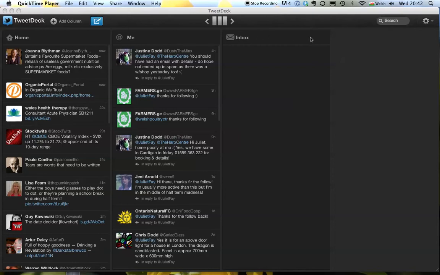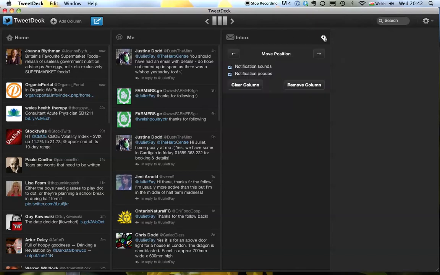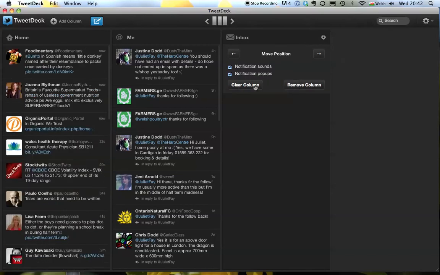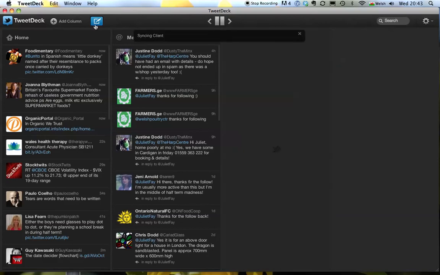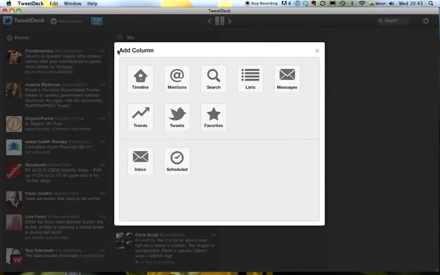So you click in the header of the column that you want, and you'll get that settings wheel that we saw in other video clips. And in here, you've got the option to remove the column or clear the column. So I'm going to actually just take this column out. Then you go over to the add column button here, and you can then add in the messages from particular